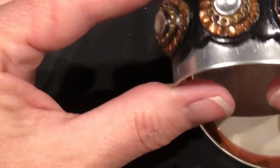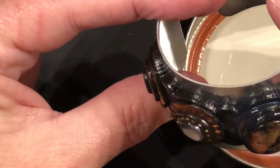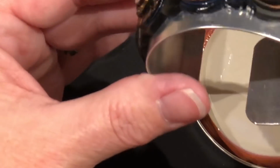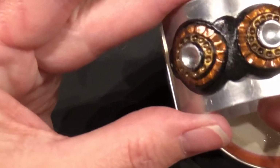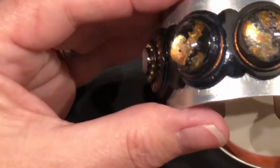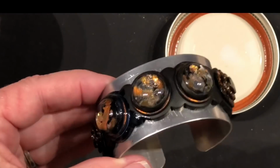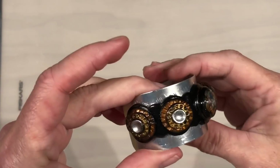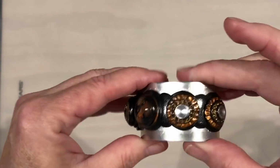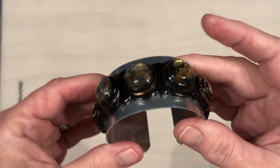So I'm going to go ahead and keep doing this off camera, and then in the morning I will put another coat on and come back. You'll see what it looks like once it's fully dry, and we'll go ahead and put our findings on. So until then, I will be back. All right, I am back, and I have put the second coat of Varathane on the bracelet,